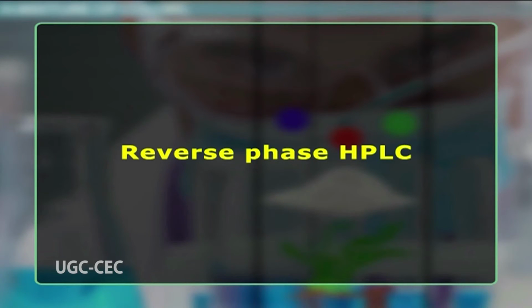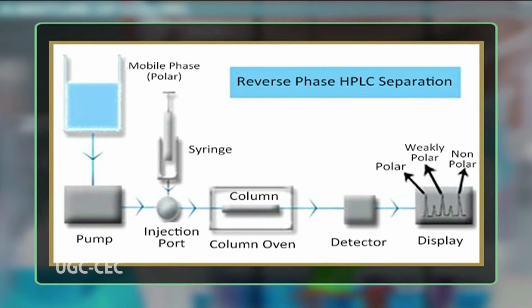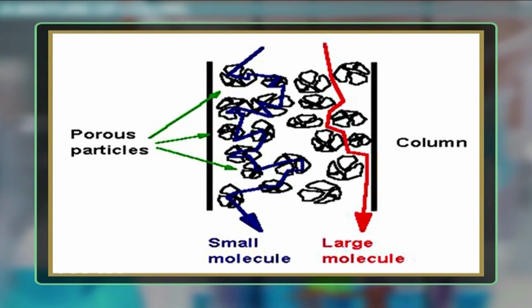Number 2 is reverse phase HPLC. The stationary phase is non-polar, that is hydrophobic in nature, while the mobile phase is a polar liquid, such as mixtures of water and methanol or acetonitrile. It works on the principle of hydrophobic interactions, hence the more non-polar the material is, the longer it will be retained. Size exclusion HPLC is another type. The column is filled with material having precisely controlled pore size and the particles are separated according to their molecular size. Larger molecules are rapidly washed through the column. Smaller molecules penetrate inside the pores of the packing particles and elute later.